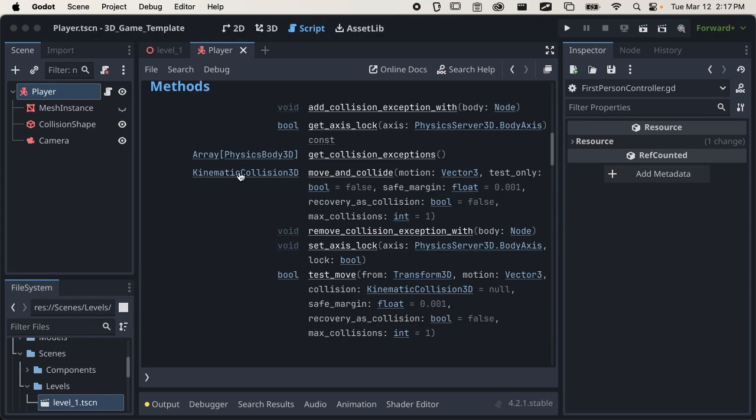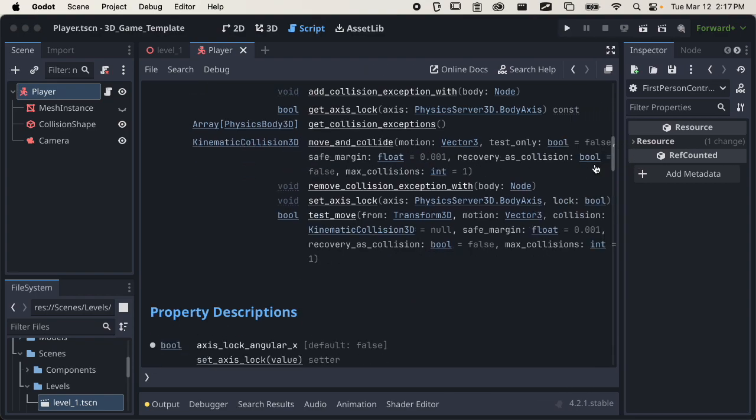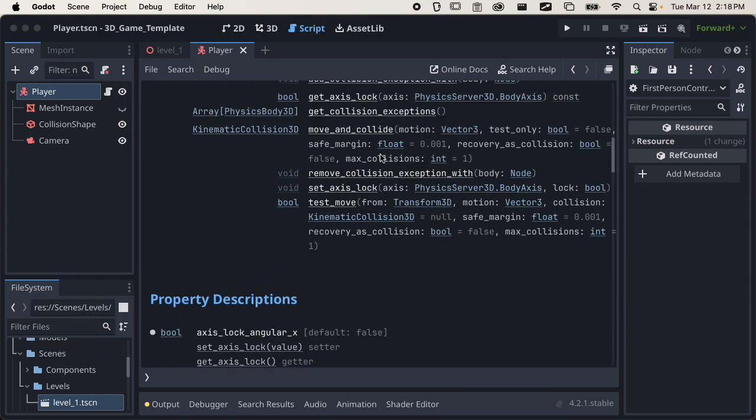here we see kinematic collision 3D. And so kinematic basically means moving. Kinematics generally refers to the physics of describing movement between objects or bodies. And so things like move and collide will add forces